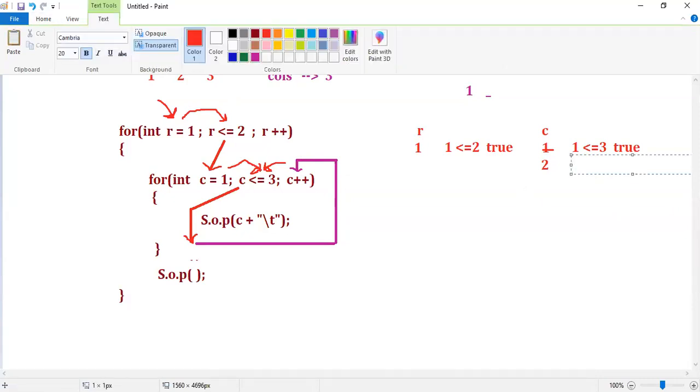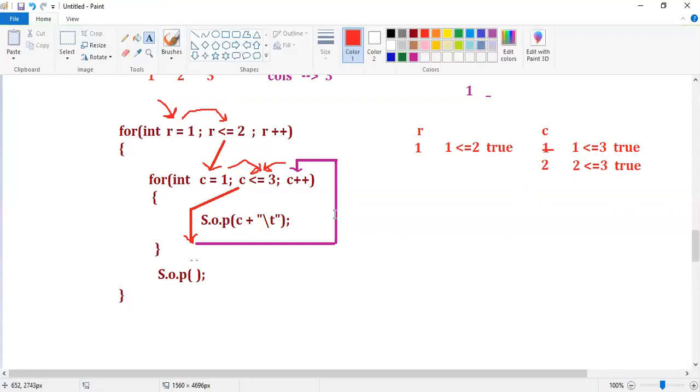It checks 2 less than or equal to 3, which is true. Because of true, once again it will execute, and we are going to get the output 2.